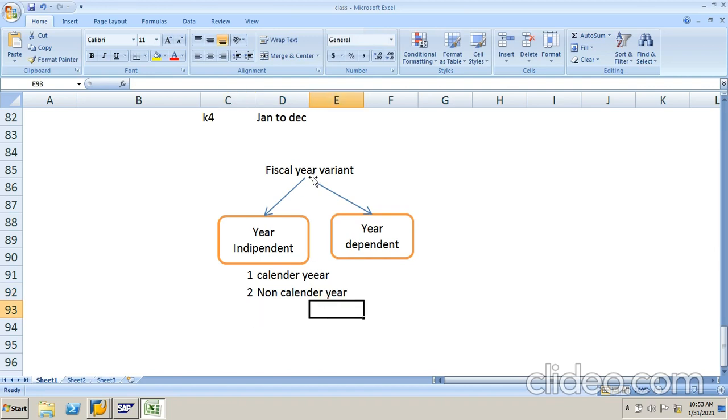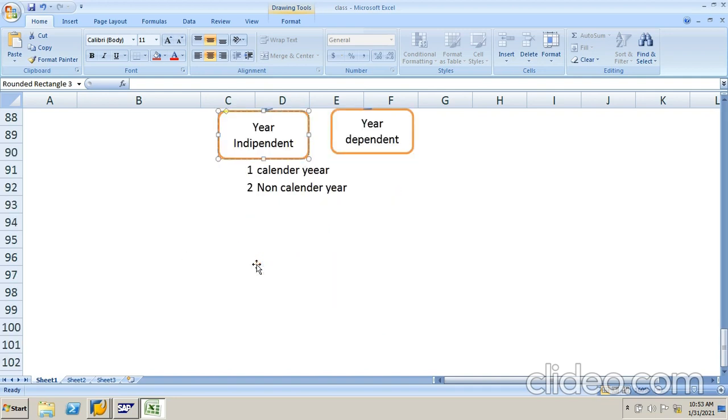So the fiscal year variant is defined into two types: year independent and year dependent. First we'll see what year independent is. Year independent means, if you choose year independent, the posting periods remain common for all years. I will give a simple example. Suppose your financial year is 2019 to 20 and you have selected your period as April to March.